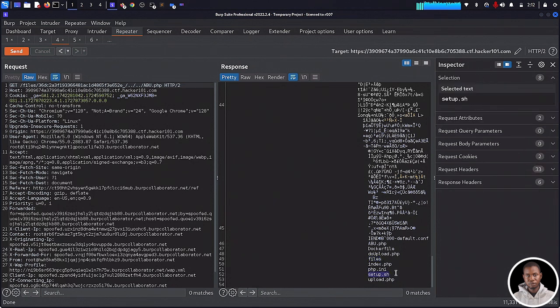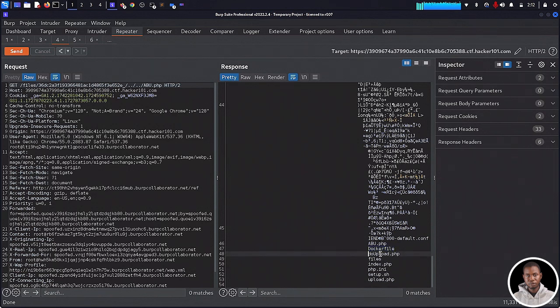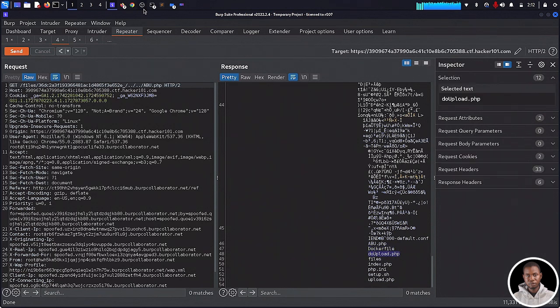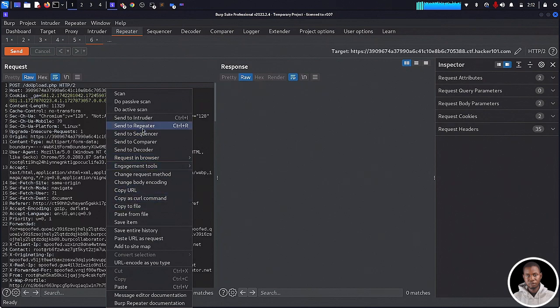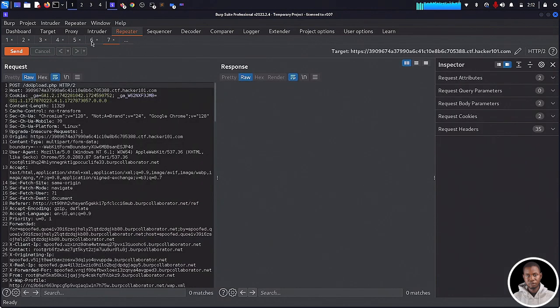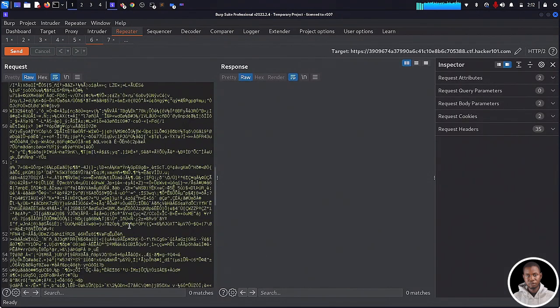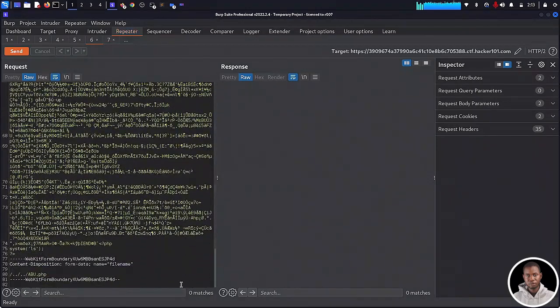We also found setup, and we found the upload.php. So let's go with do_upload.php. I can just modify my new script, just duplicate this, and let's go to the sixth one and scroll all the way down and try to